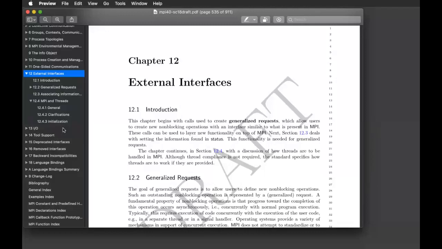So one of the comments from the face-to-face meeting was, what about the rest of this, at least the 12.4 section? Doesn't that really go with the initialization subsection? And the answer is, of course, yes, it does. And we sort of had not really realized that, or not really thought about it. So one of the things that we've done in the intervening time is to think about what Chapter 12 should look like,